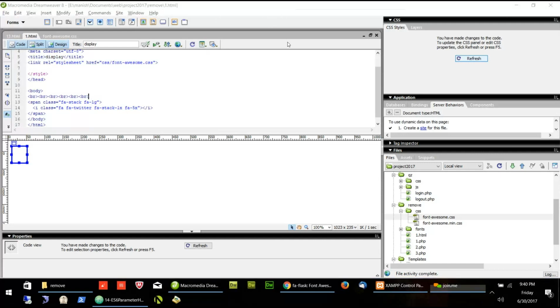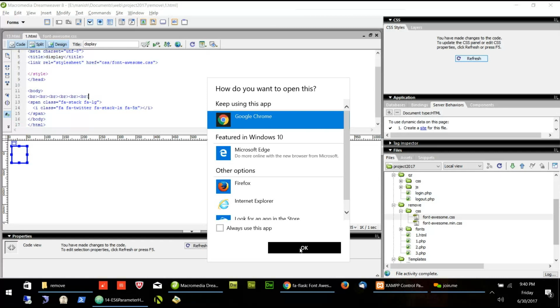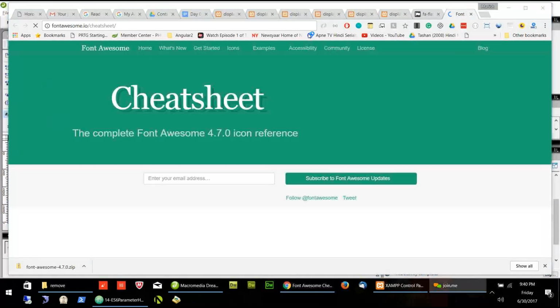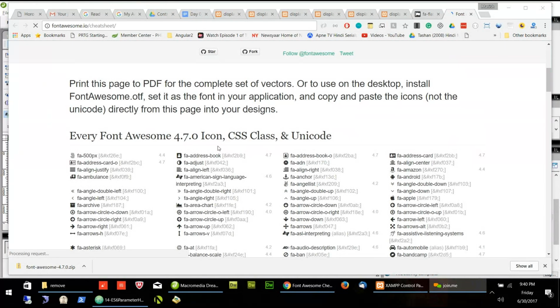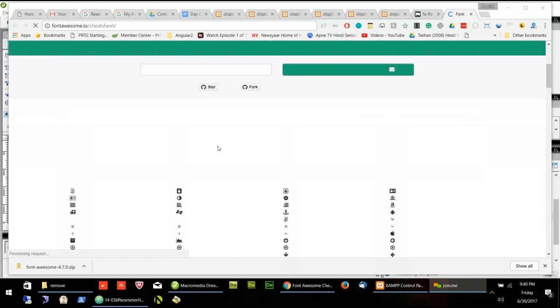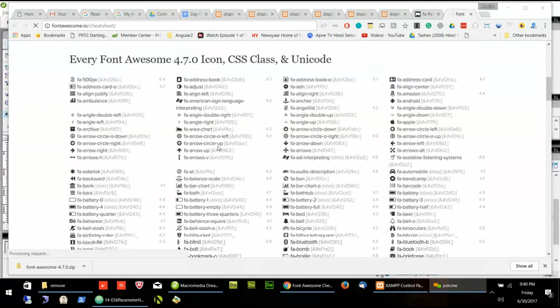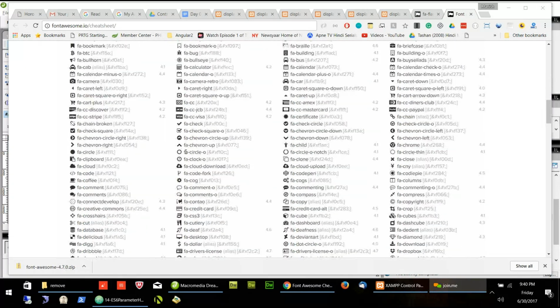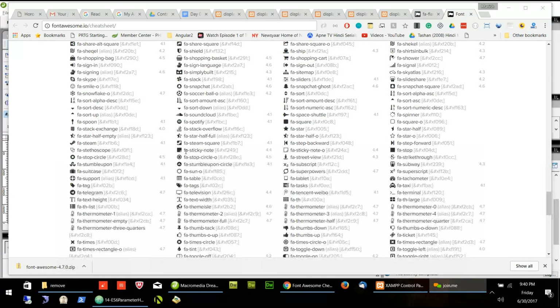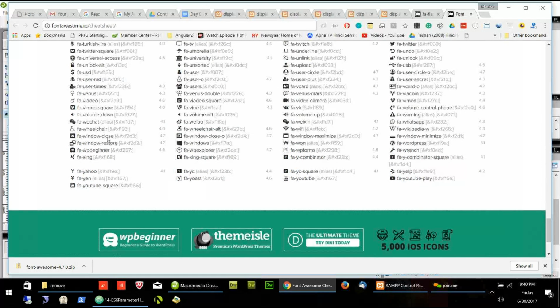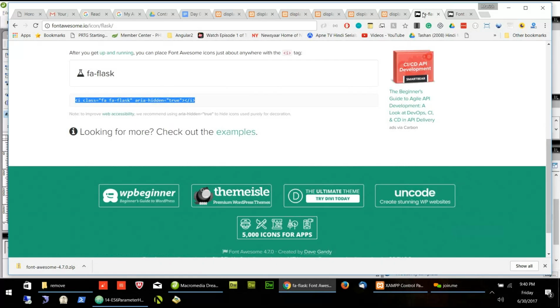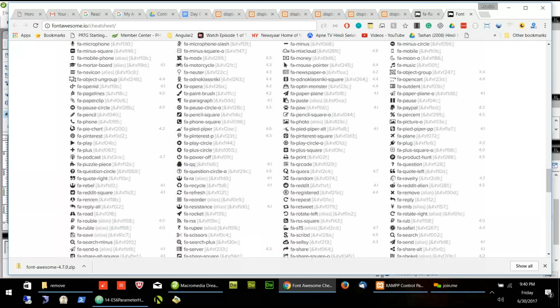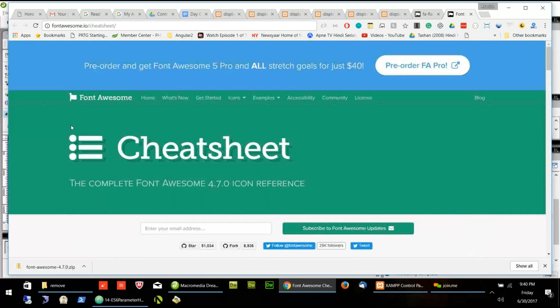Okay. Cheat sheet. Let's see what this is. Yeah, it's directly giving the name here. There are a lot of icons, and here we see a limited number. Yeah, this one is nice. The cheat sheet is nice. We can use that one, right? I have used it in a couple of projects.